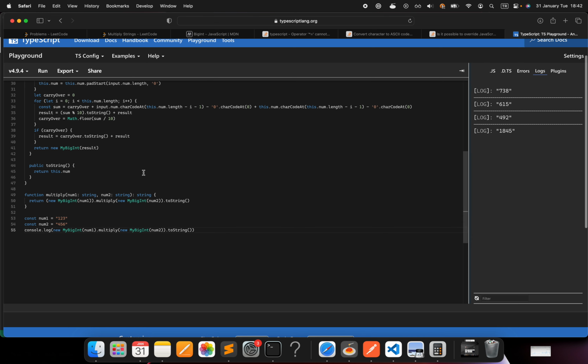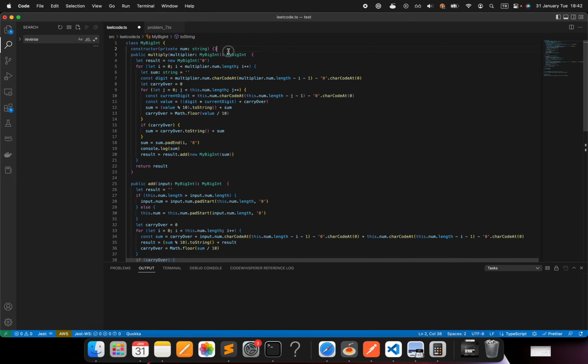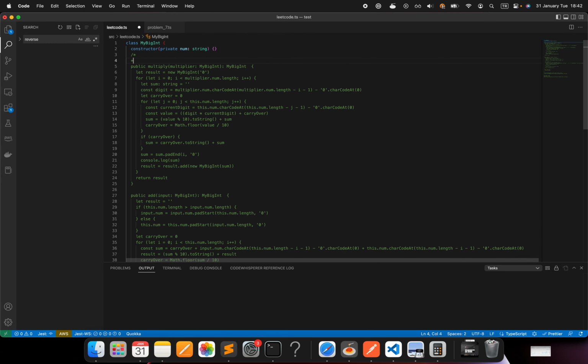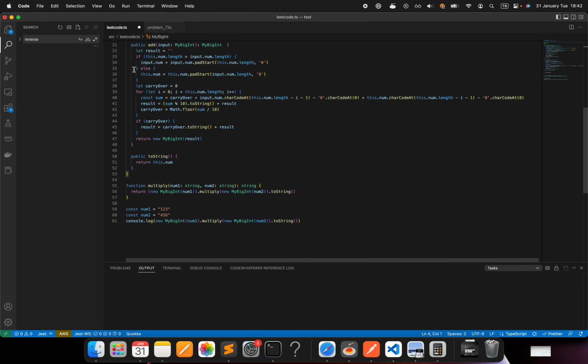So in the first iteration, these are the logs, right? In the first iteration, it's printing